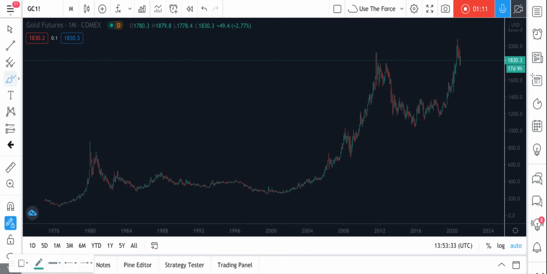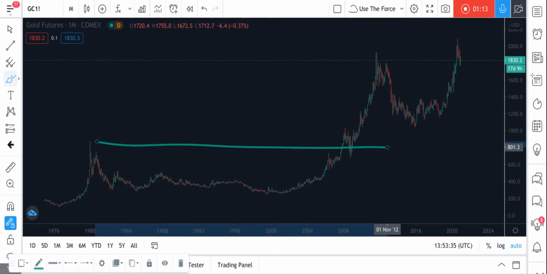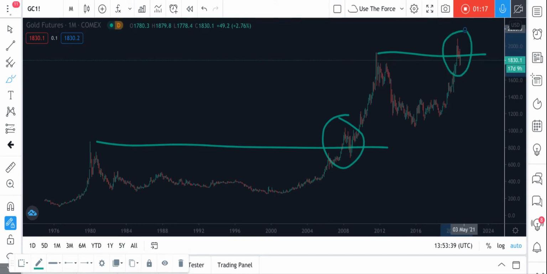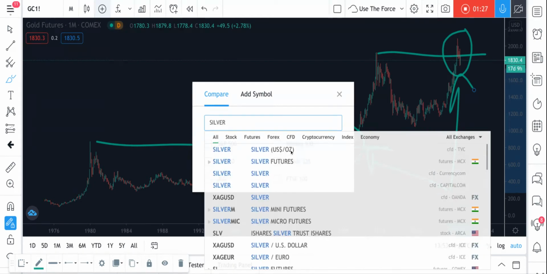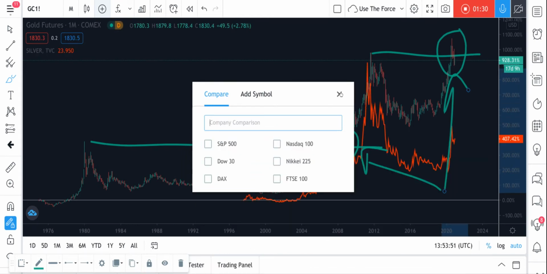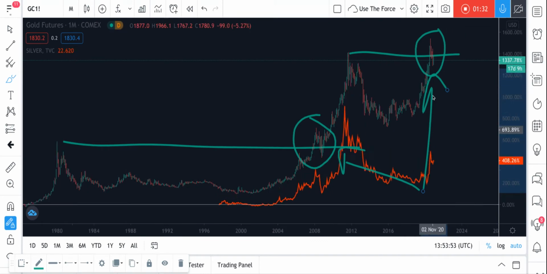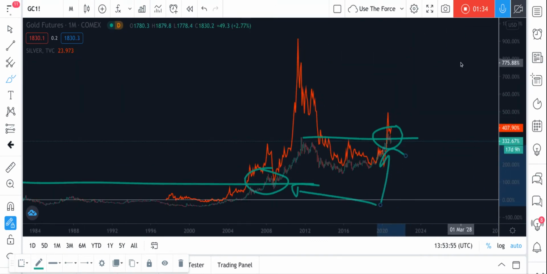A couple of things I'll point out. So when it broke the last high, it did this. It's breaking this high, it's doing this. So basically, you're here. Then if you want to add in silver, I may have come across as silver bear. I'm not really. I kind of don't get it. Silver. It moves with gold, clearly. The movements are exaggerated, especially in bull phases.